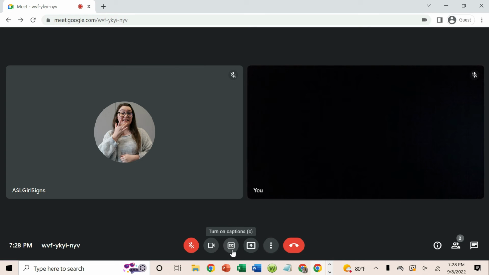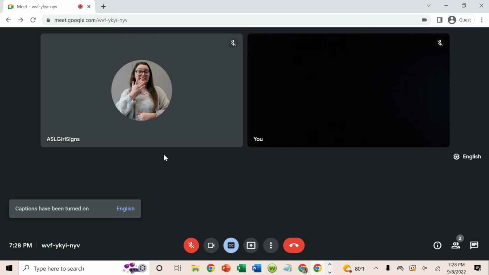This button right here that has a square with CC is closed captions. This is great to turn on. Your ASL instructor will not be speaking. However, your other classmates may have a question. If you'd like to turn on the closed captions, it will actually capture what they say and have their name